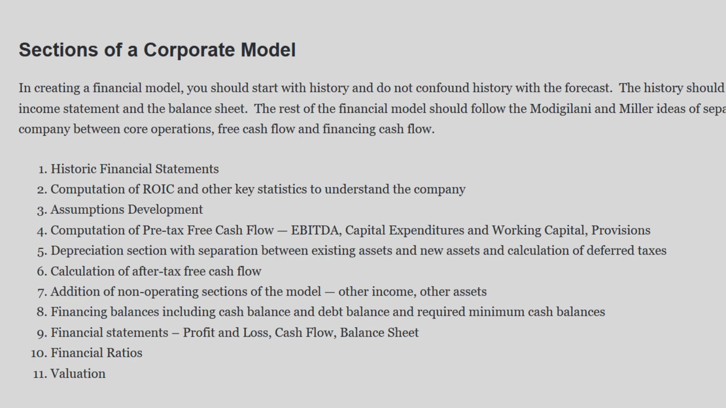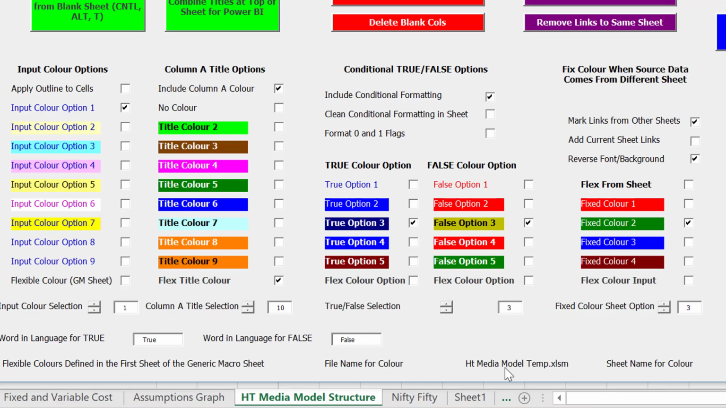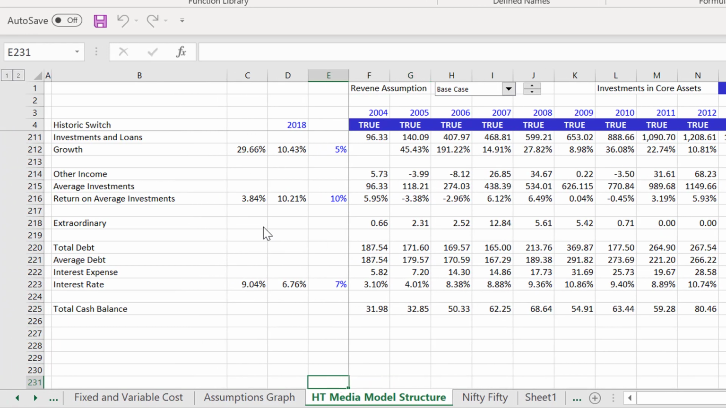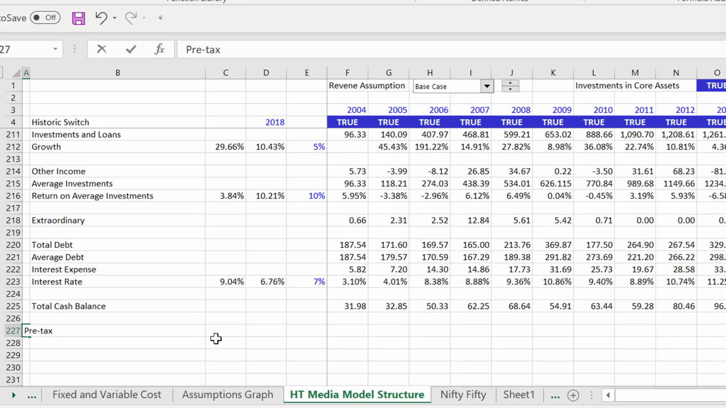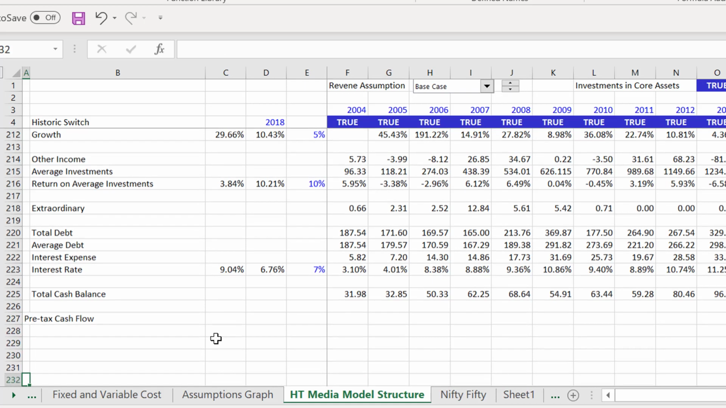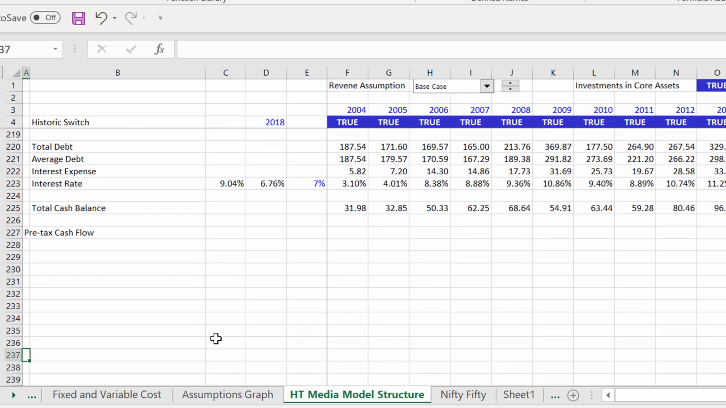Okay, so now I'm going to go to the case we were working on. This file will be on the web page, and there's a little page named Financial Model Structure. And the first thing we'll do is put pre-tax cash flow. Now, let's go down a few lines and put depreciation,